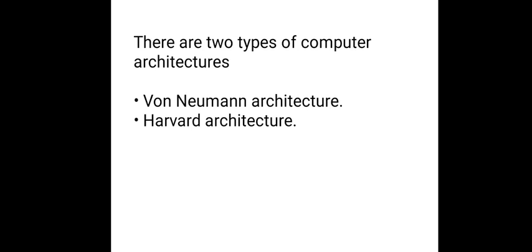Now there are two main types of computer architectures. One is the Von Neumann architecture, and the other is the Harvard architecture. Both are completely different. We are going to see these different architectures in the